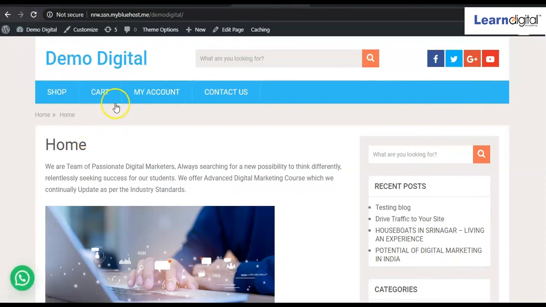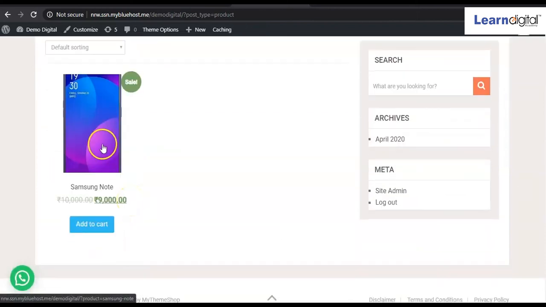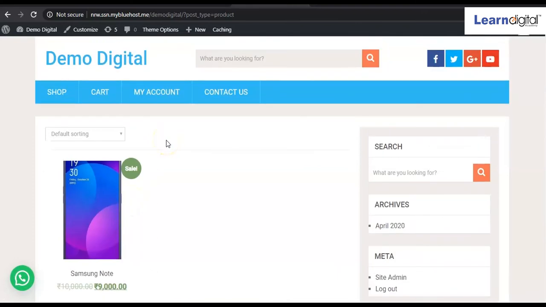So guys, now you can see here, these four pages are coming: shop, cart, my account, and contact us, right? So simply, if you click on the shop page, the particular product, whatever product you created, will be coming here. So here you can see the particular product is coming, right? So whatever pages we have created will be showcased over here, and through our business and blogging site, that means we'll be showcasing this shop page as well, fine.